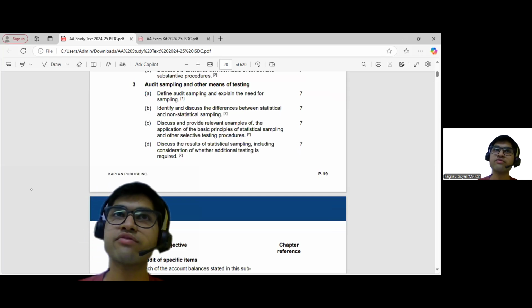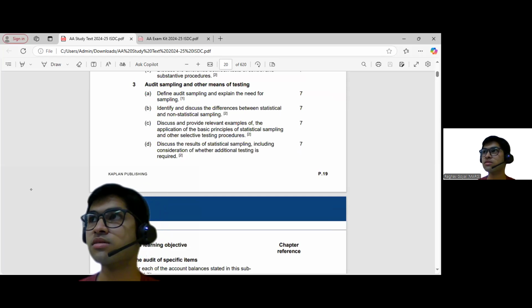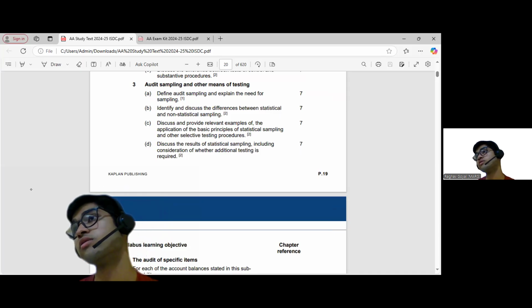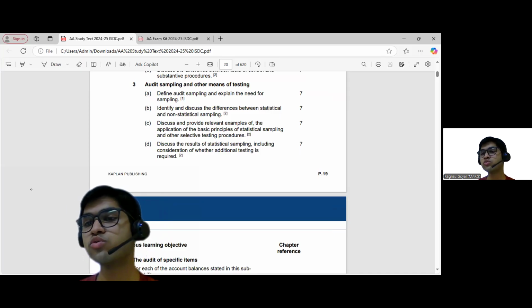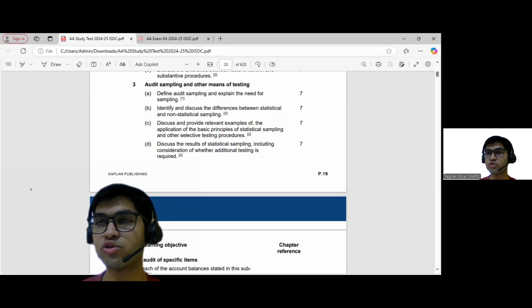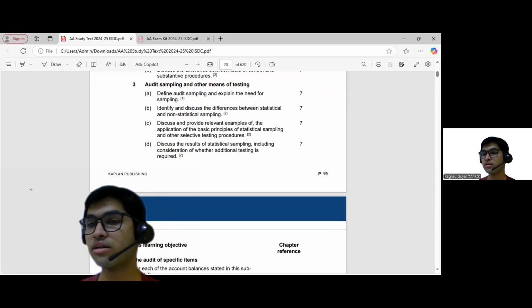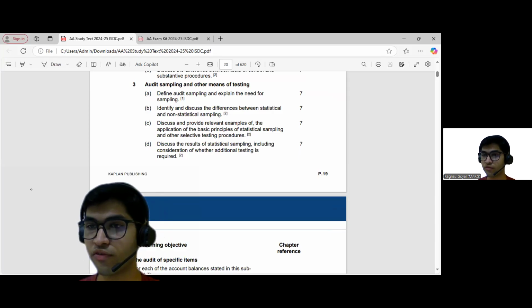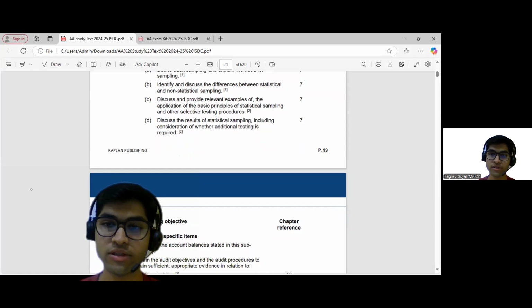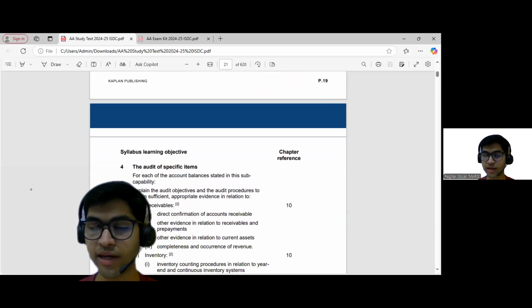So when you have to audit a few transactions out of a large population, how do you choose those samples? There should be a logic behind that. There are random methods and then there are specific ones. So for example, if an area is certainly riskier, then you would ensure that you chose that sample first and then went on to random sampling. So these are some of the methods that we will be looking at.